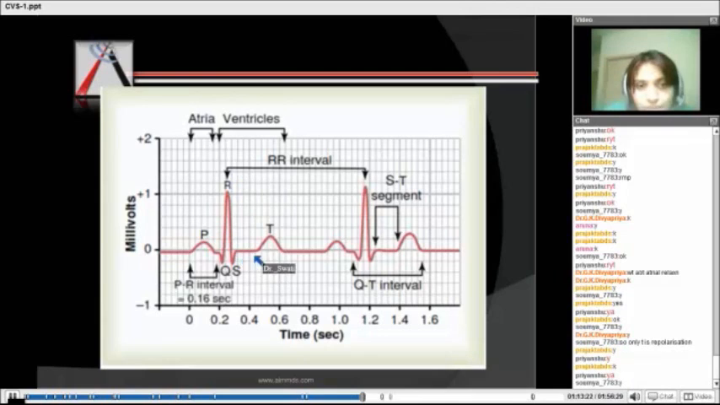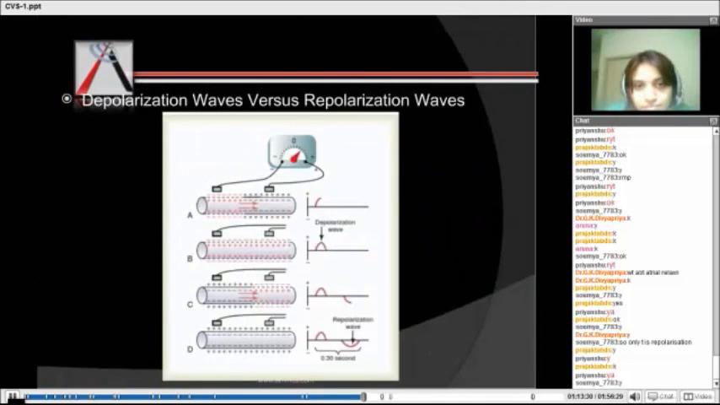T wave, QRS, T wave. Your T wave of the atria would come somewhere here, that is lost. Okay? Now when we talk about the repolarization and depolarization wave, how it happens is, if we take